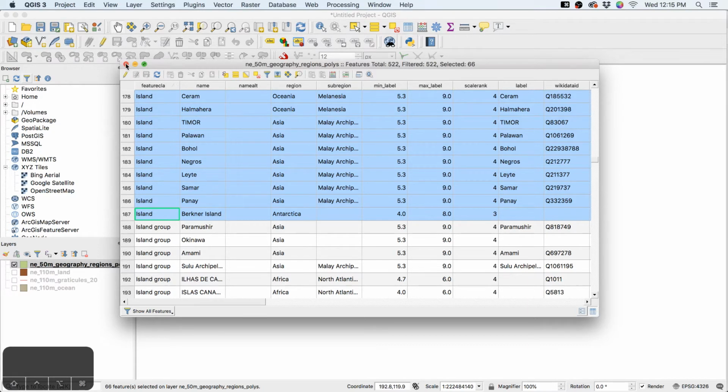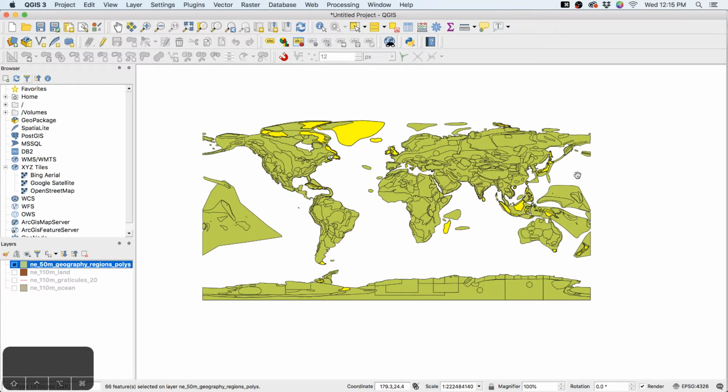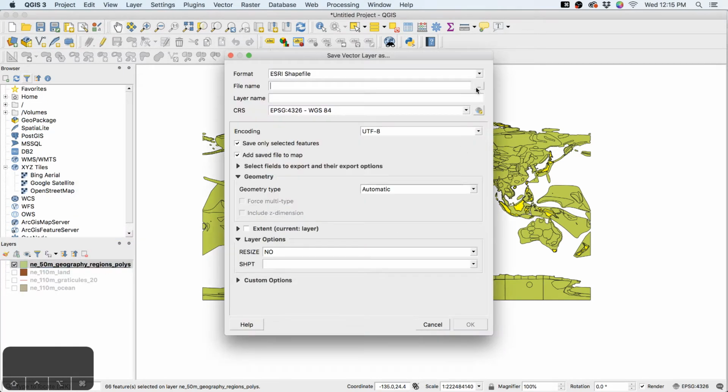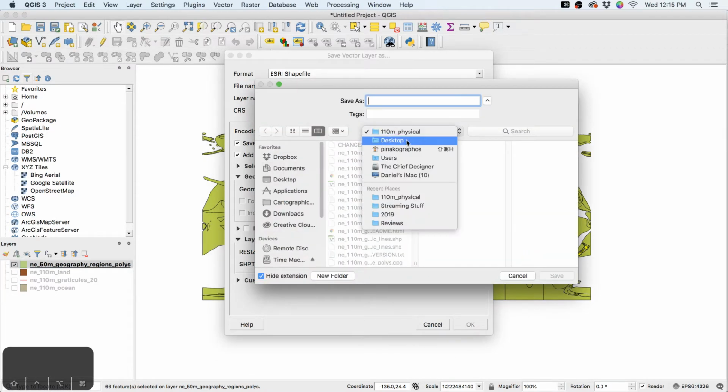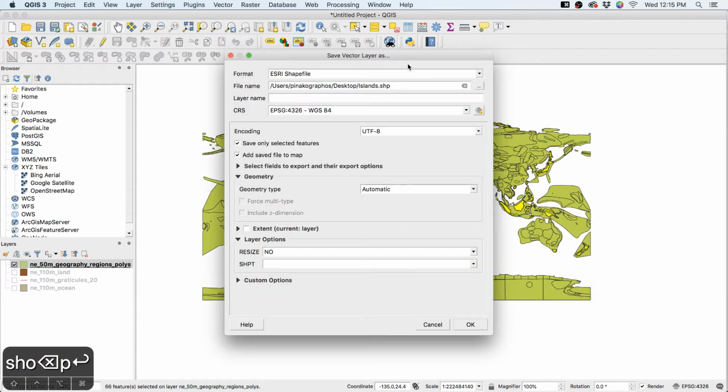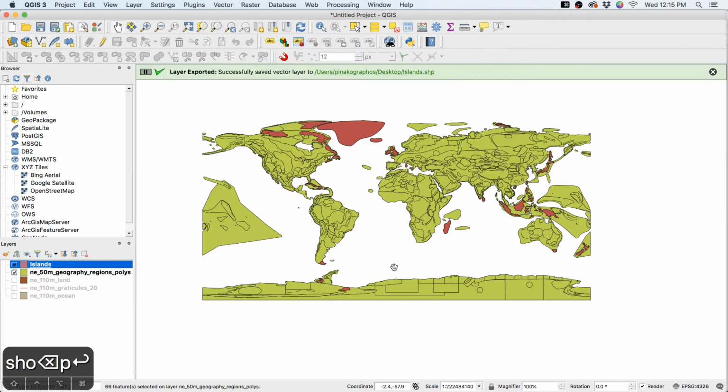So I've got those selected now. Got those highlighted, and there's some ones outside of the region, but that's fine. I'm just going to export and save my selected features as a new shapefile here. I'm going to browse around and just dump this on my desktop for now. Islands. And keep that in. IndieMapper is pretty picky about what it'll import, but one of the few things it will import in shapefile coordinate systems is just plain geographic coordinates in WGS84.